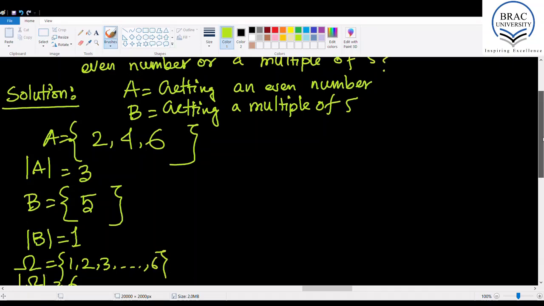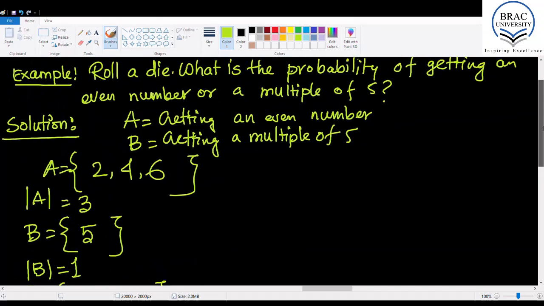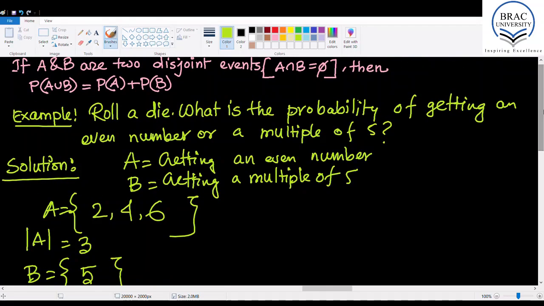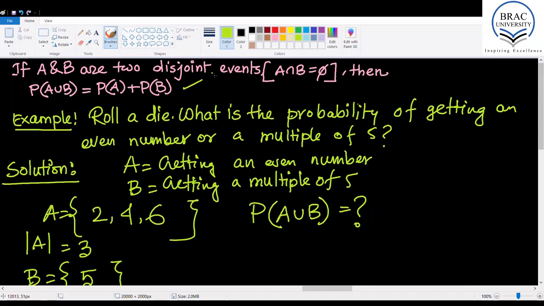It's simple. We have solved similar problems before. Now we have to determine the probability of either getting an even number or a multiple of 5. So either A or B. So we know that union stands for or. So P of A union B has to be determined. Instead of using this formula now,